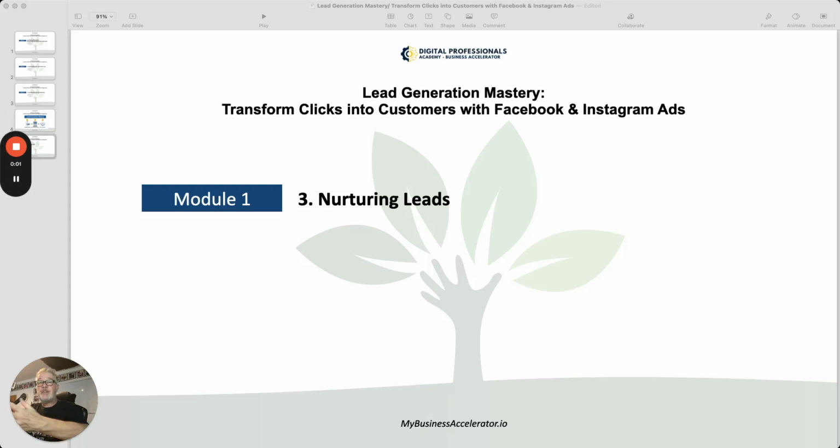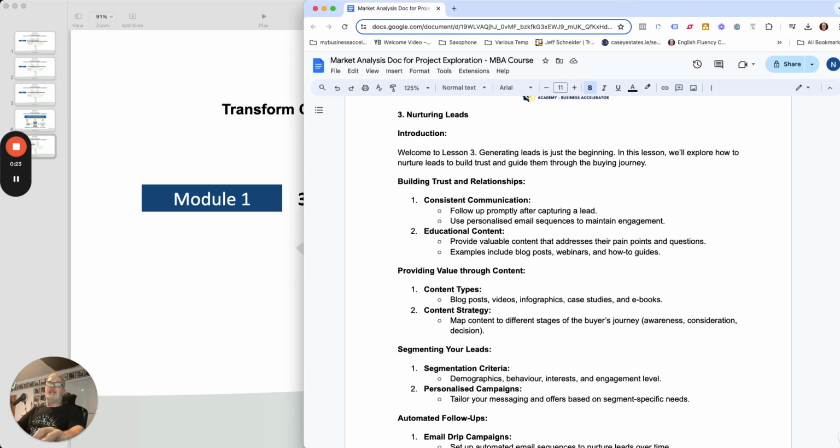So nurturing leads, how can we do this? Now, again, bear in mind, we're in the first introduction module of this course, so we've just got to get some groundwork done. Okay, generating leads is really just the beginning. And in this lesson, we'll explore how to nurture leads to build trust and guide them through the buying journey, essentially. So we can do that a number of ways, and we can just take a look at some of